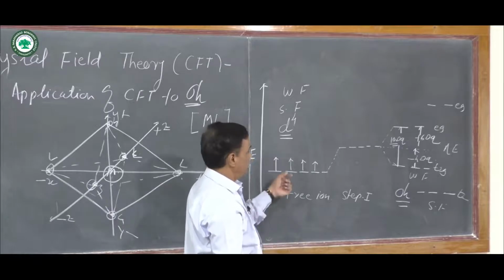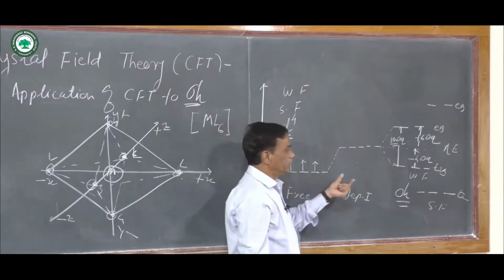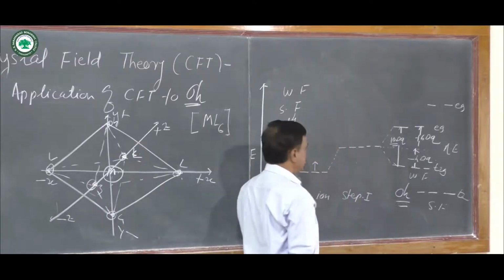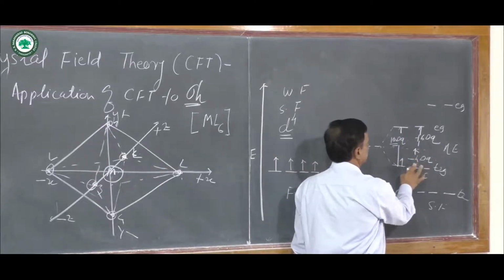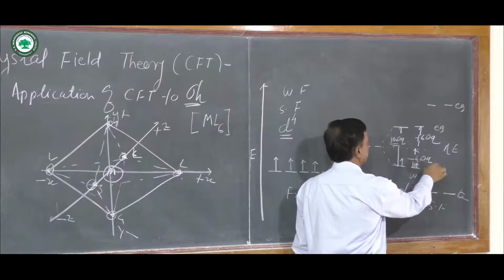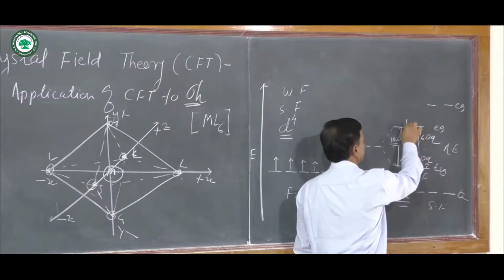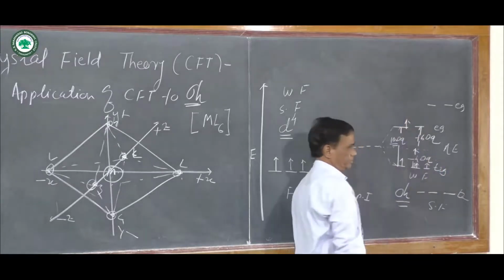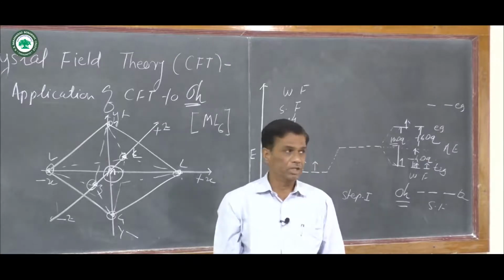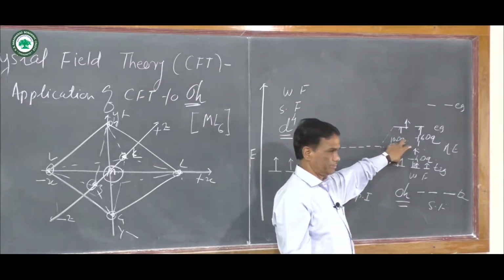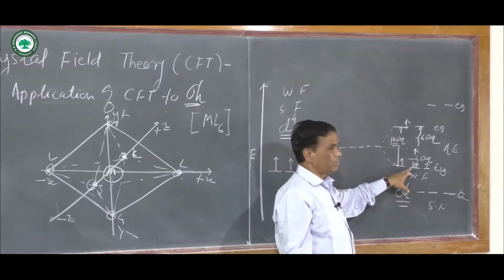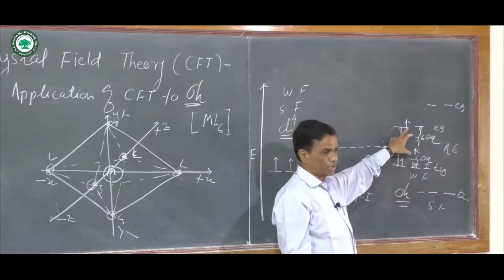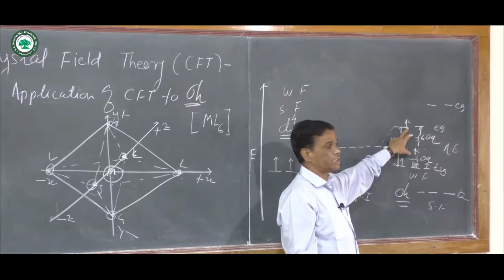Then in the octahedral field, T2g is at the ground state, and these 4 electrons are represented: one here, second electron here, third electron here, and the fourth electron goes here. That is the weak field. This distance is smaller. Therefore, one electron from the ground state is easily promoted to the Eg orbital. Eg has higher energy.